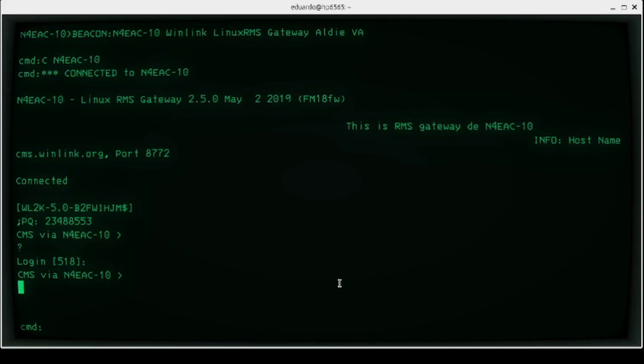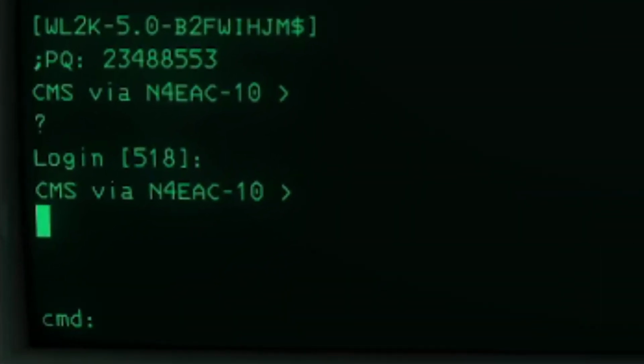I am sick, so my voice is a little strange because of that, but I'm okay. I have a logging challenge here. The logging challenge, as you see on the screen, displays as login 518. What does 518 mean? It means that the gateway wants the 5th position, the 1st position, and the 8th position